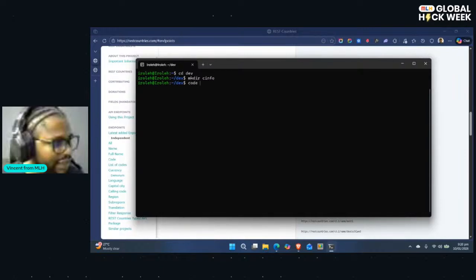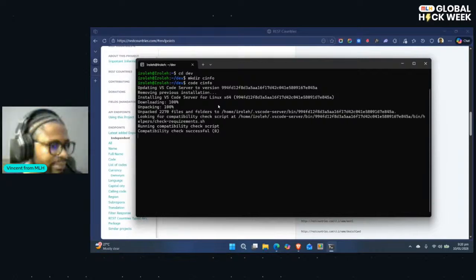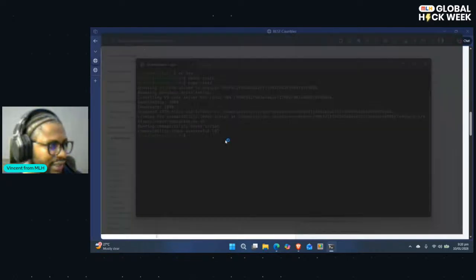I'm going to open this in Visual Studio Code. I have Visual Studio Code already installed. So let's vibe code. This is literally vibe coding. I'm not going to code anything from scratch. I'm just going to prompt the AI to do this, and it will go ahead and do that for me. This happens all the time with WSL. There's always a new version of VS Code installed on it.